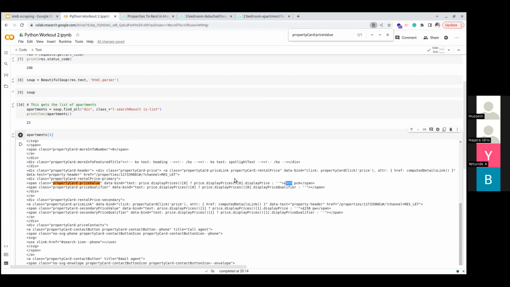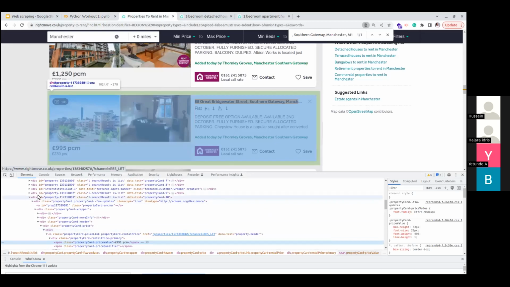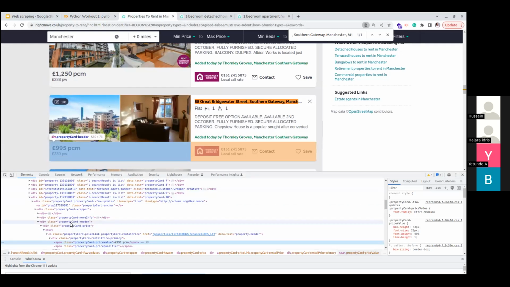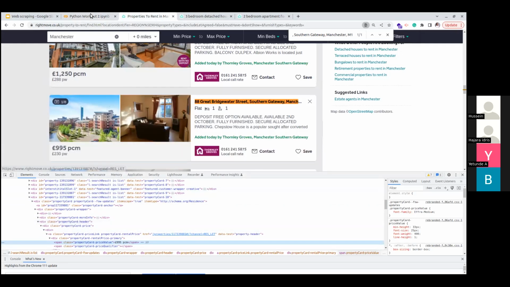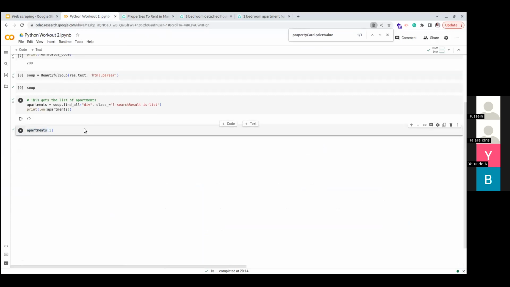So we can see that the details we need are inside each of the apartments, right? Because when we expanded the div, we knew that the div carried all of the information. So it makes sense that inside each apartment returned with that div, all the details we need are inside. We just now need to navigate each of the elements here to find the HTML property that is associated with it. So I'm going to clear this because it's just too long and confusing.